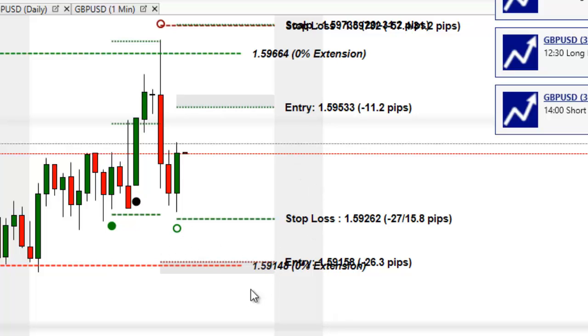So what do we do with the short? Well, as the stop hasn't been hit in the short, we will stick with that on the basis that if the market goes through, then we'll go to the downside. So it remains valid as long as it's on the chart,